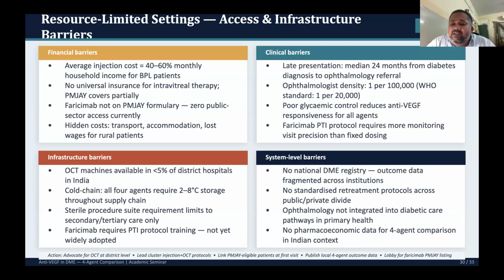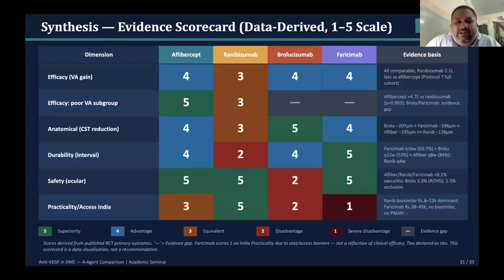There's no national DME registry, outcome data is fragmented across institutions, there are no standardized retreatment protocols across the private or public divide, ophthalmology is not integrated into diabetic care pathways in primary health, and there's no pharmacoeconomic data for agent comparison in the Indian context. So based on this, I used a deep learning model to actually come up with a scoring system